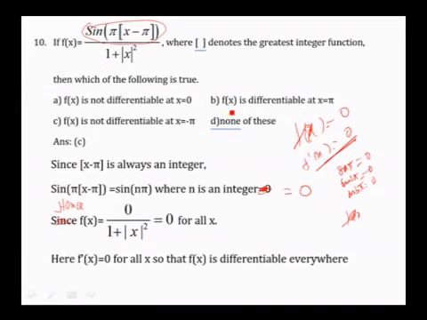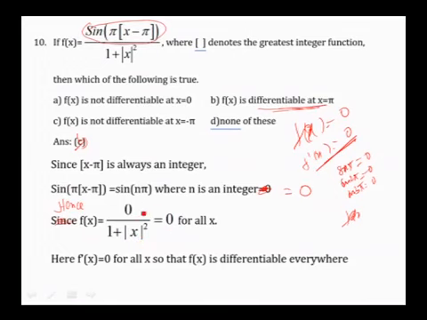In the given answers, if you write f(x) is differentiable at x equals pi, there is no mistake, because it is differentiable everywhere. The best option is differentiable at x equals pi also. So even if it is given that it is differentiable everywhere, then also you can write that option. Here the option is actually not C, not differentiable. Option is B. Correct that a little. Option is B. Even if you modify this and write f(x) is differentiable everywhere, there is no mistake. Because, as I said, the numerator becomes 0, and the denominator, 1 plus mod x square,